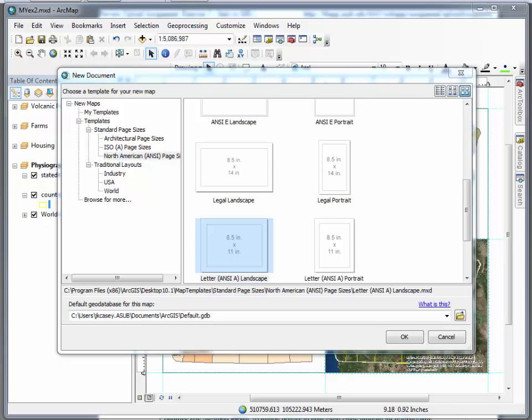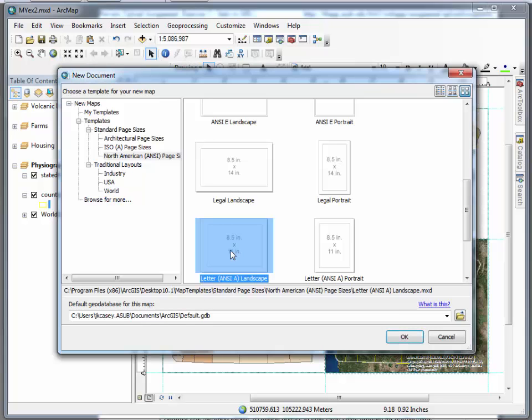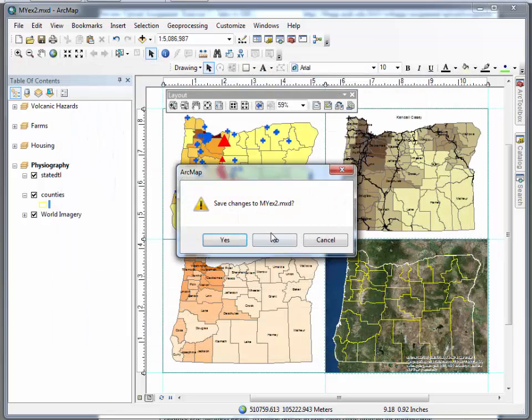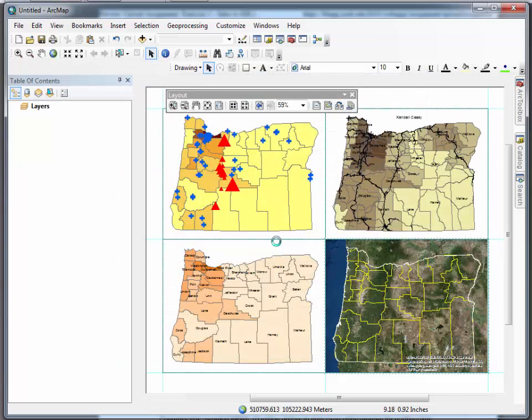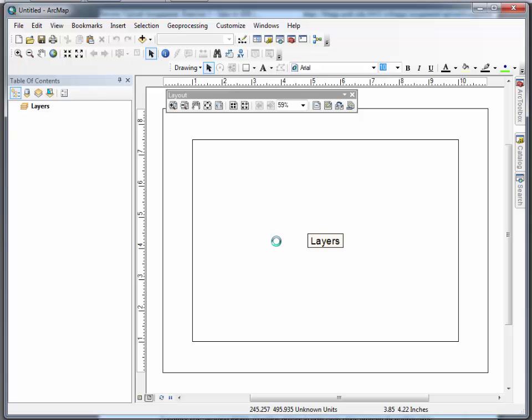So this week's exercise is dealing with queries. I'm going to start a new map project. Again, I'm going to use the letter ANSI landscape. Save my previous changes I was working on, and I'm looking at the instructions of the exercise, and it says